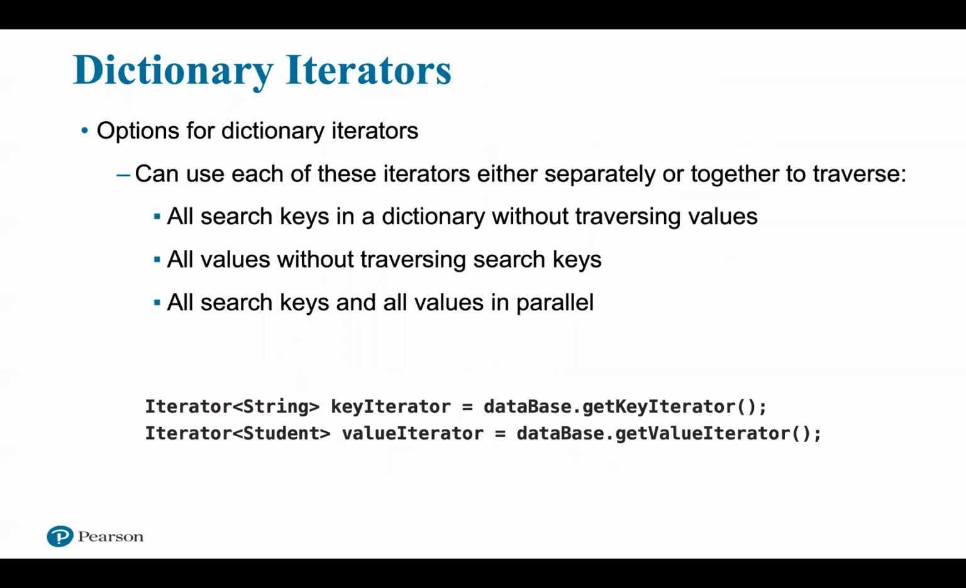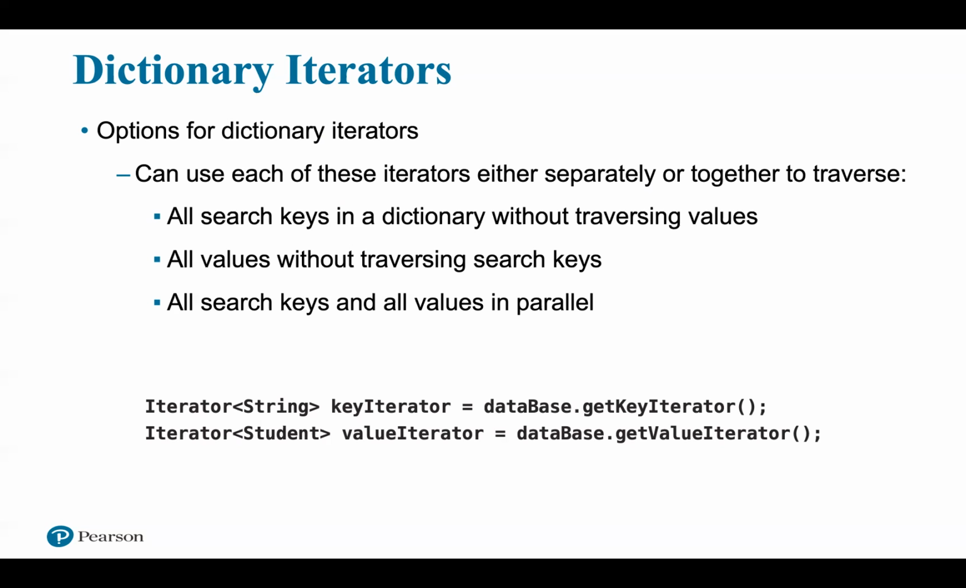The methods getKeyIterator and getValueIterator each return an iterator that conforms to the interface java.util.Iterator that we discussed in Java Interlude 4. You can create iterators for the dictionary database that we instantiated in the previous segment by writing Iterator<String> keyIterator = database.getKeyIterator(); and then Iterator<Student> valueIterator = database.getValueIterator();